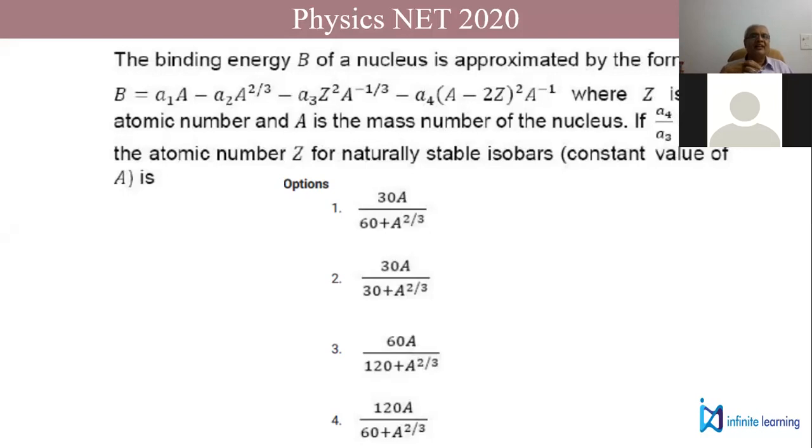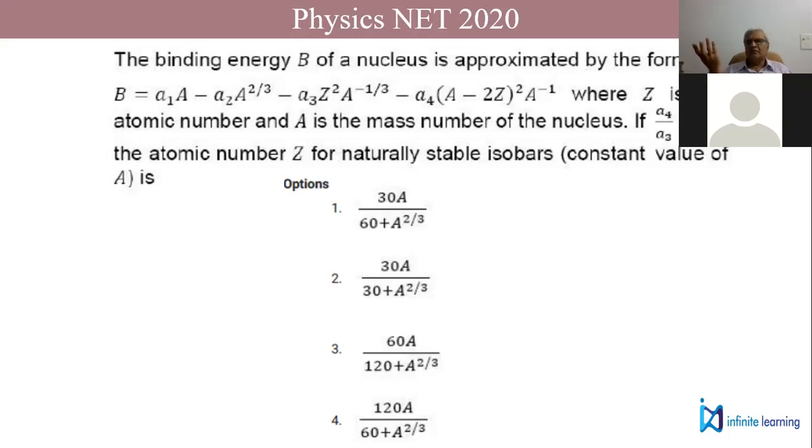So what does it mean by saying the stable isobar? When does it become more stable? No, it doesn't say this is radioactive, correct? See, for the same A value, you can have different Z values, so they are called isobars. Which one will be more stable out of whatever? You may have 2 stable isobars, 3 stable isobars, 4 stable isobars.